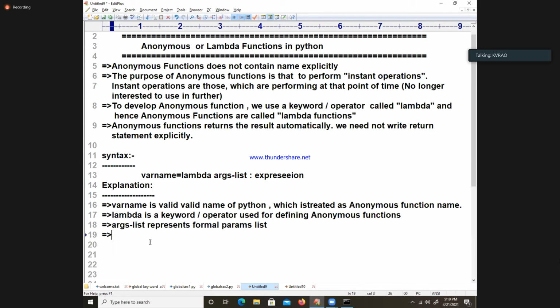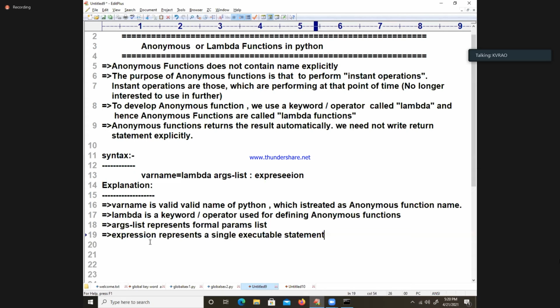Expression represents a single executable statement. See my words, single executable statement. Expression represents a single executable statement.